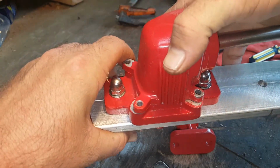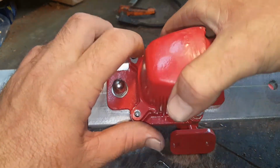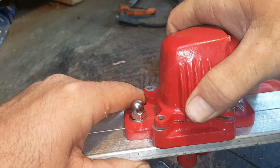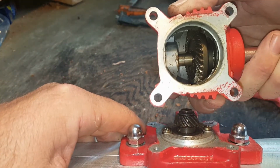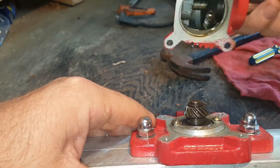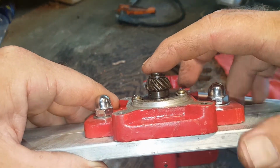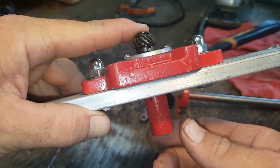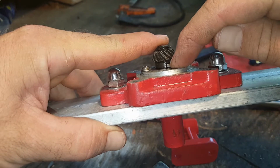Take those screws out. There's 4 of them. Take these 4, that one, that one, that one, and that one. Take those 4 screws out, and what you should see is that little gear right there, and there's a little gear inside of there. That's the only 2 parts of this whole thing. This gear right here, see if it'll focus. You spin it around, it's tied to this directly by that little roll pin,